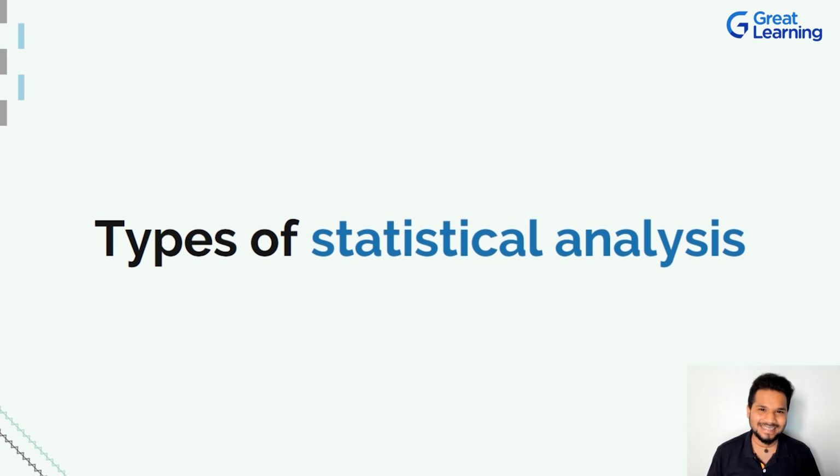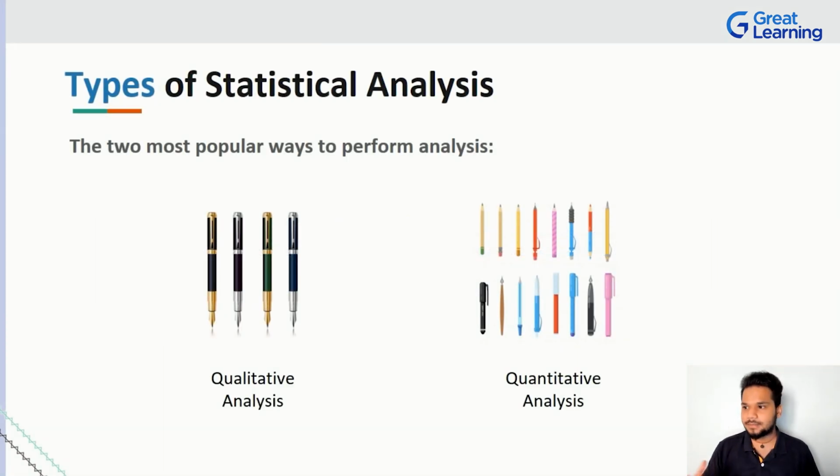types of statistical analysis. Now, ladies and gentlemen, there are many ways of how we can go about performing any sort of analysis, right? You perform a lot of analysis in your head every single day. What's my day going to be like? How many hours of productive work can I do today? If you're into running or something, how many kilometers can I run? So you're analyzing everything in your head. But when we put it all down to paper, there are 2 important types of statistical analysis out there. 2 very popular ways to perform analysis, in fact, that is qualitative analysis and quantitative analysis.